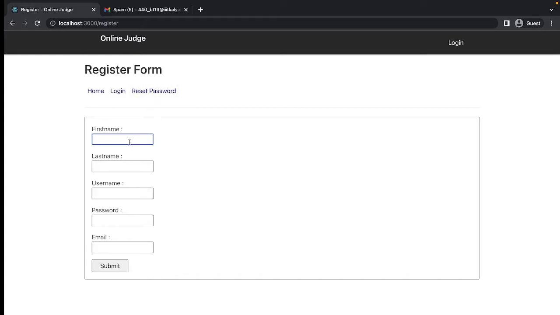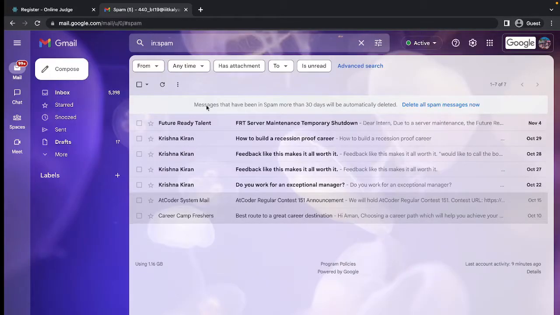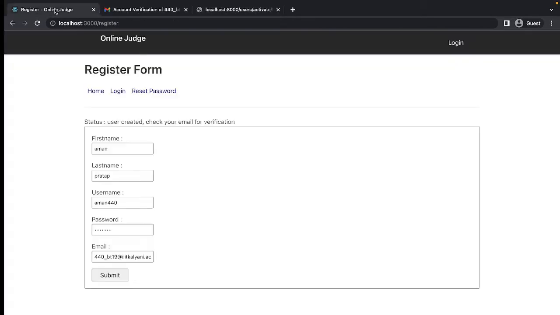And now we are on the registration page where we have to register as a user. For that I have to enter my username and password, and also my email, where an email verification link will be sent, and without that link the user won't be able to register. As we can see, after clicking the submit button we get a notification that our link has been sent, and after clicking it we can see that my token is verified and now my account is created.